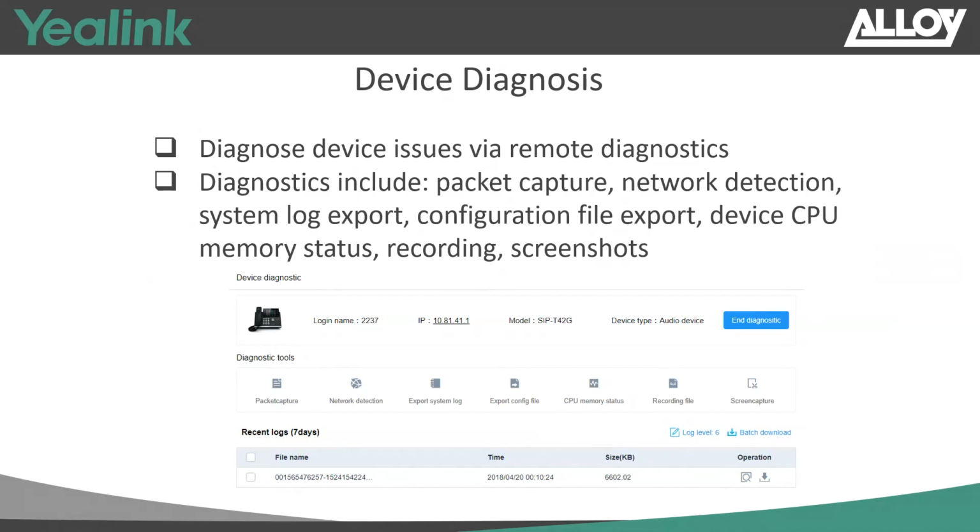It allows you to export system logs from the phone. It also allows you to pull recordings and files from the phone as well. So if they do have call quality issues and they can't really explain where the issue was, obviously we can see that from a packet capture, but we can also quickly and easily listen to a call recording and find out